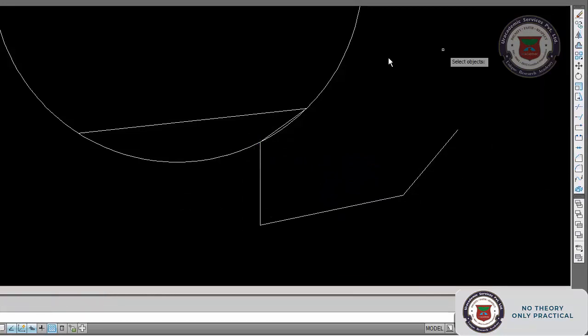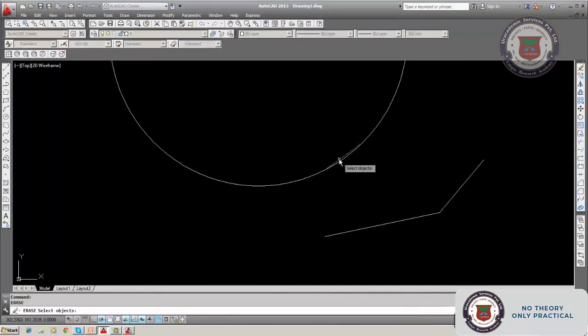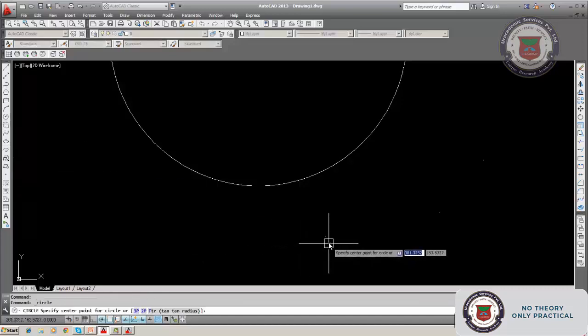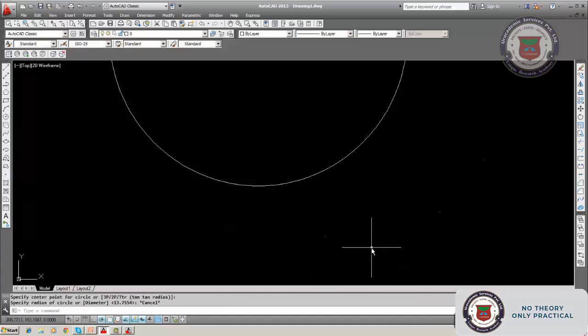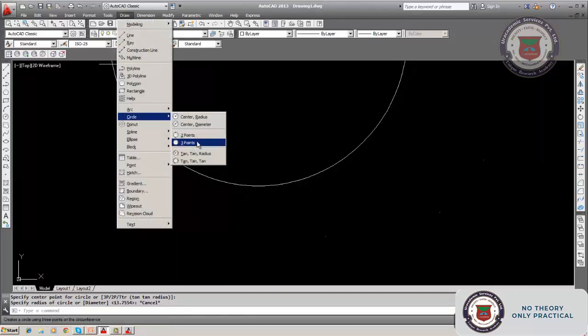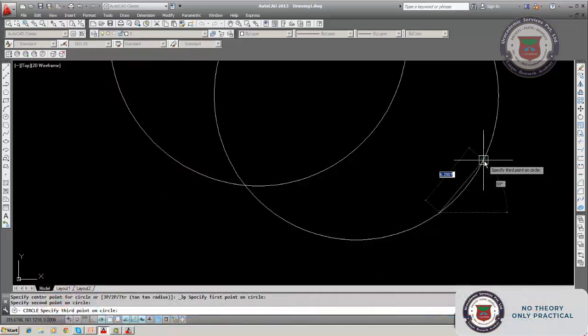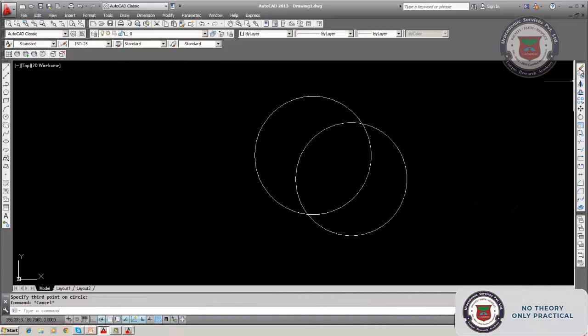Now let me erase it and show you. Lines I will erase and show you how you can draw circles. See, there are 3 points here. I will draw a circle passing through these points. Click the circle command, say 1 point. We have to see the type of circle. So that's why I take it from here, circle. It gives an option. Suppose I want to draw from 3 points. Take 1, 2, 3. So like that you can draw.